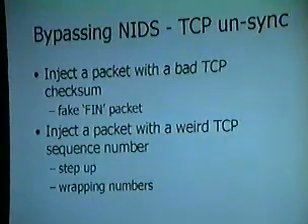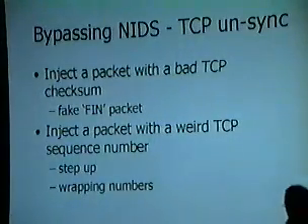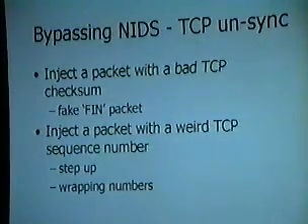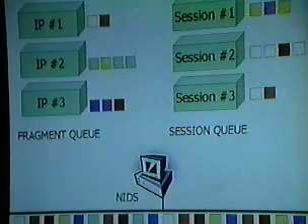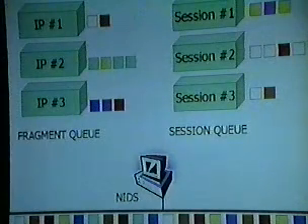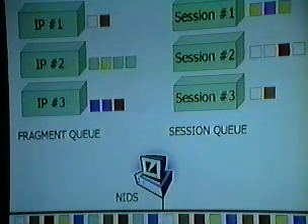It turns out that many vendors implement these things 95%, 99% accurately compared to the RFCs. The one or two things that they do differently can be used to desynchronize a network IDS. One example that I don't have here is simply spoofing a reset packet or a SYN packet. Let's say there are some network IDSs where in order to get a session started, maybe it has to see a SYN-ACK packet, or maybe it believes that once a reset packet shows up, it's time to process this session queue. If you can spoof a reset packet in there, the network IDS might say, hey, it's time to do this queue,